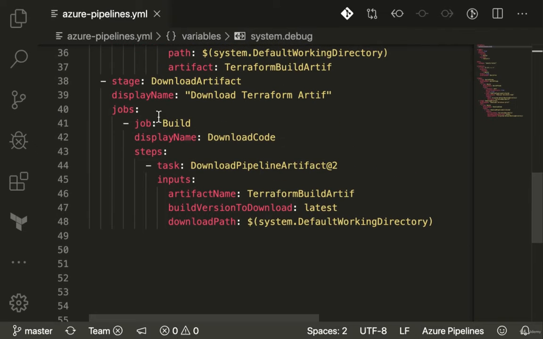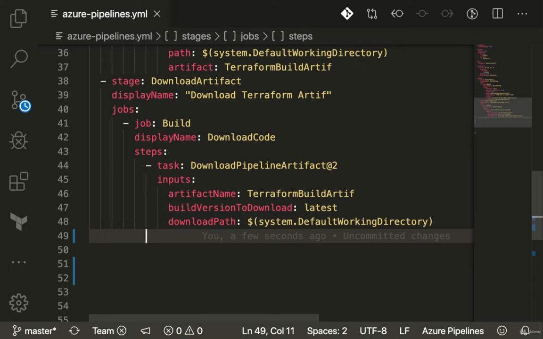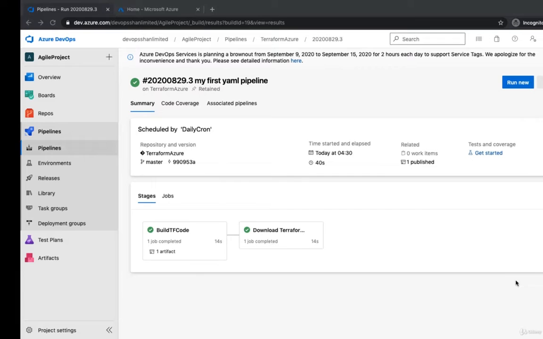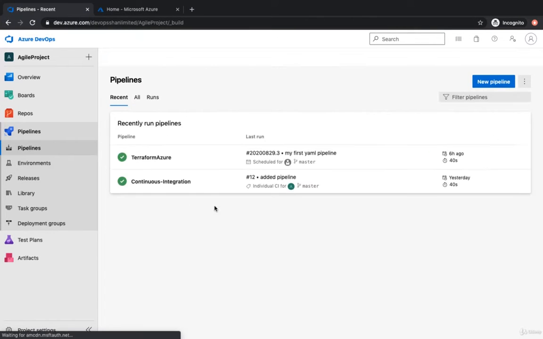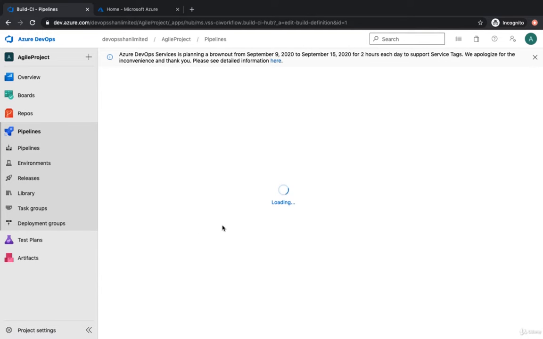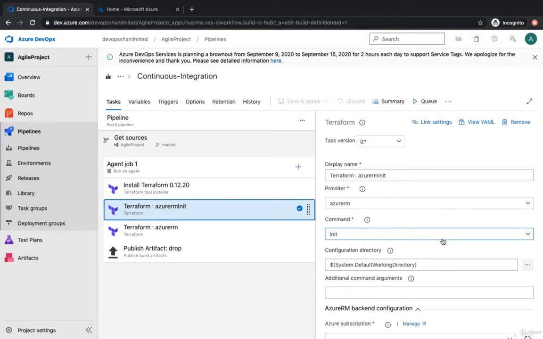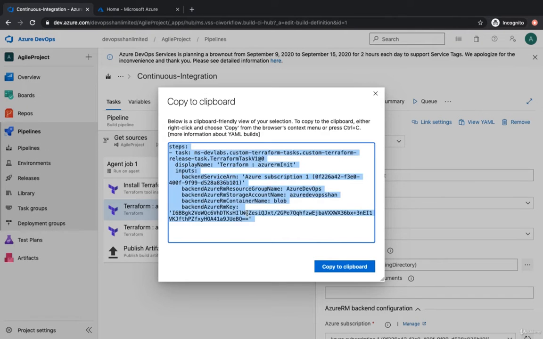So let's get started. We left off where we downloaded the code. We're going to create another task. We want a Terraform init or a plan task. So we're going to switch onto our pipeline, go to our continuous integration, edit the pipeline, and probably steal some of the YAML snippet from here. This task already performs the init task, so why would you care to write something from scratch? So what you could do is just go to view YAML, copy the code,